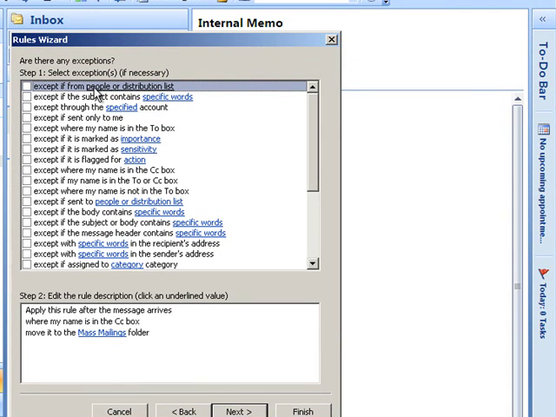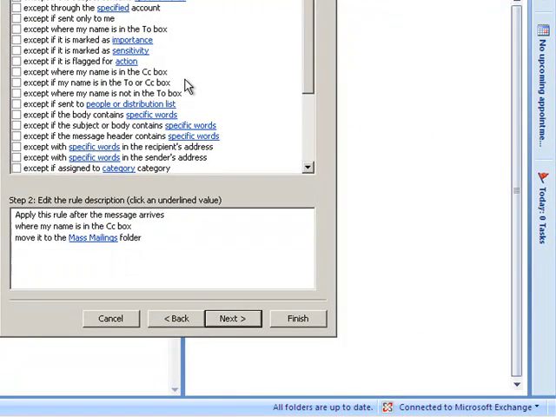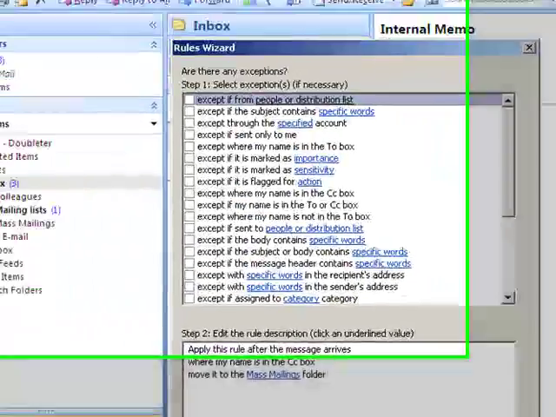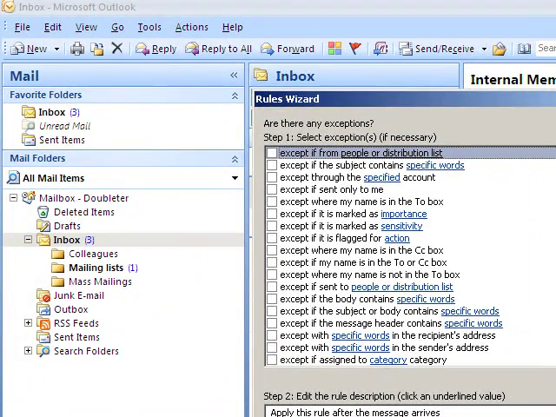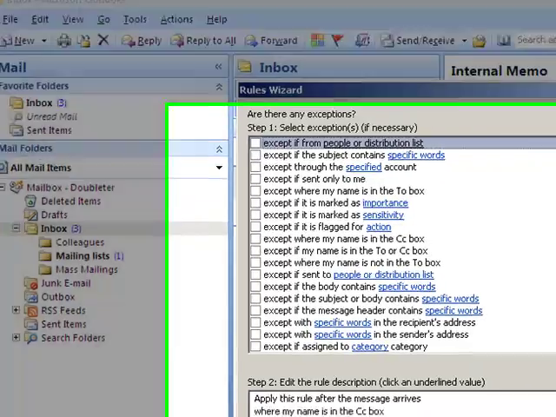And then you can create other rules, or you can further refine or modify this rule. So you can say, except if it's from the following distribution list, or if it contains specific words, or it has a specific mention on there, then of course you can further fine tune that. But for now, you want to just run this rule as it is, and further on down the line, if you need to improve it, come back and refine that rule until you've got it working just the way you want it. But this would be the base way to start.